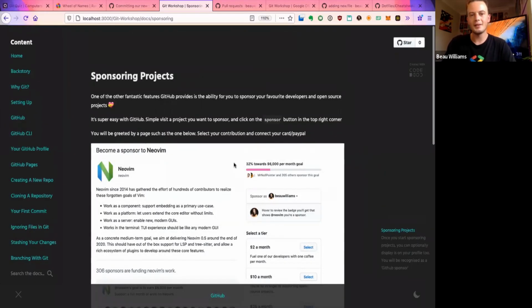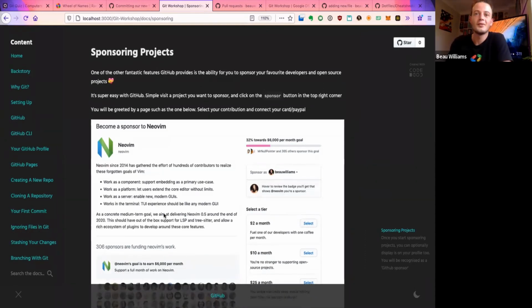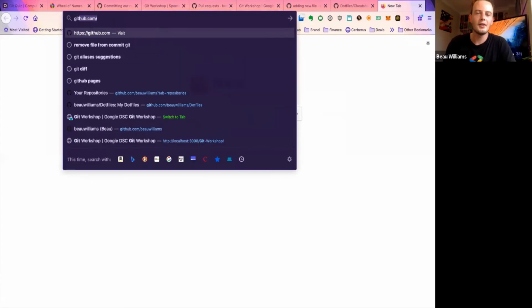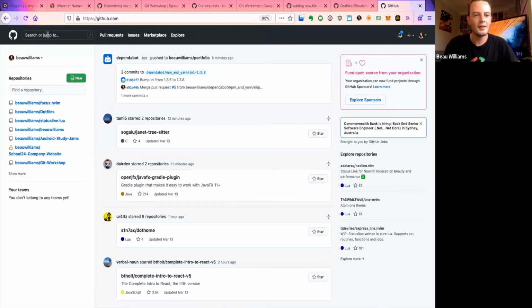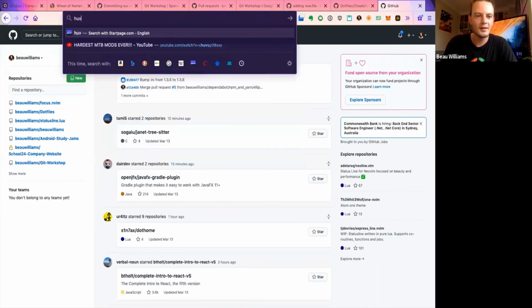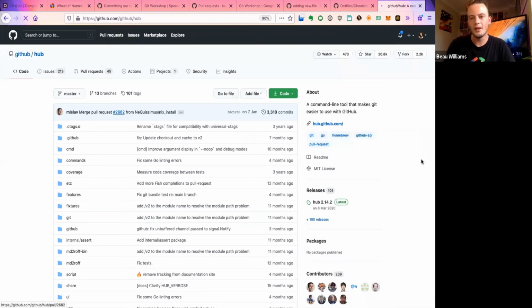So the next thing we can do with GitHub is sponsor open source projects. So for example, I sponsor the NeoVim project. I'm very bullish on NeoVim. I think it's doing wonderful things, and I just want to help contribute. So we can actually go to GitHub, and if you ever find a project that you just really love, say you really love the Hub tool, so we can go Hub CLI tool, and we really love it, and we really want to